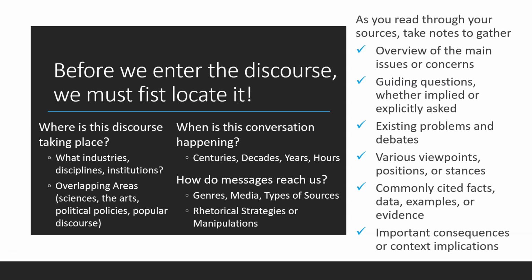So locating your discourse community involves these methodical steps, seeking sources, finding them, and also taking notes. Always be taking notes right away from the very start of your research process. And the purpose of your notes should help you gather an overview of the main issues and concerns. It can help you understand what kinds of guiding questions are motivating these sources. So if you remember from chapter 5, if you had a chance to read chapter 5, it was all about unpacking and understanding these guiding questions,